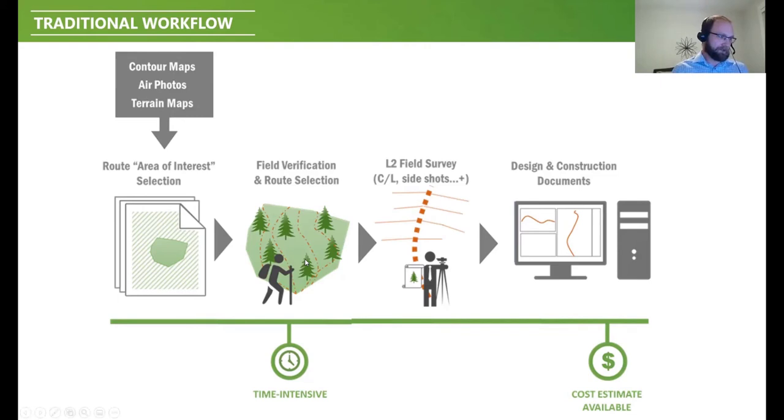So you got your area of interest selected, you got a course line on the map, then you go to the woods, and there's a lot of walking around because that question isn't, is there an issue with where I put that road on the map? It's usually, where should I put the road? I don't really expect much from that preliminary alignment. Walk around, figure out your control points, get a lay of the land, and then you start choosing your route,